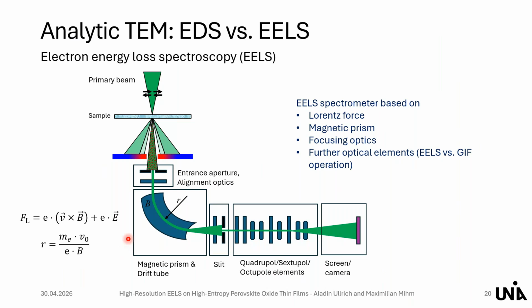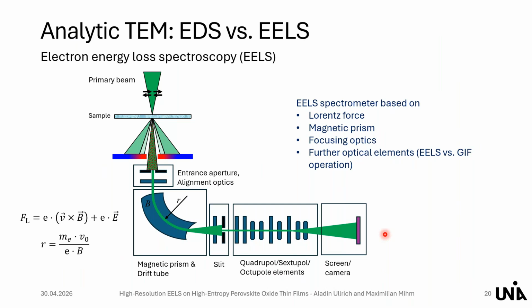In the dual EELS mode, you always record the low loss region, where you have the zero loss peak, and the high loss region, so the region with your elements or with the edges you are interested in, at the same time. And then by a post-processing step, you can correct for the zero point of the energy scale and get high quality data this way.